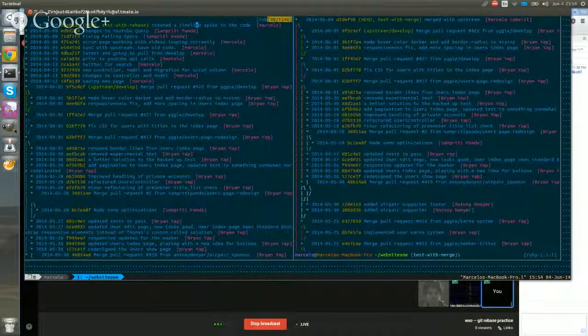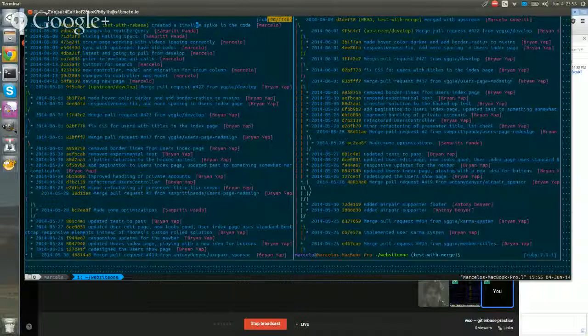No, but, oh, go ahead. The commits are resolved differently because when you rebase, it essentially replays all your changes on top of upstream develop. So if you have a lot of commits and each commit has a different conflict, you're going to get a lot of separate conflicts because you're trying to apply changes that are conflicting with upstream. Do you see what I mean? Yeah. So it's a lot harder to resolve conflicts when you rebase, unless you squash the commits or something. I see why those often go hand in hand.